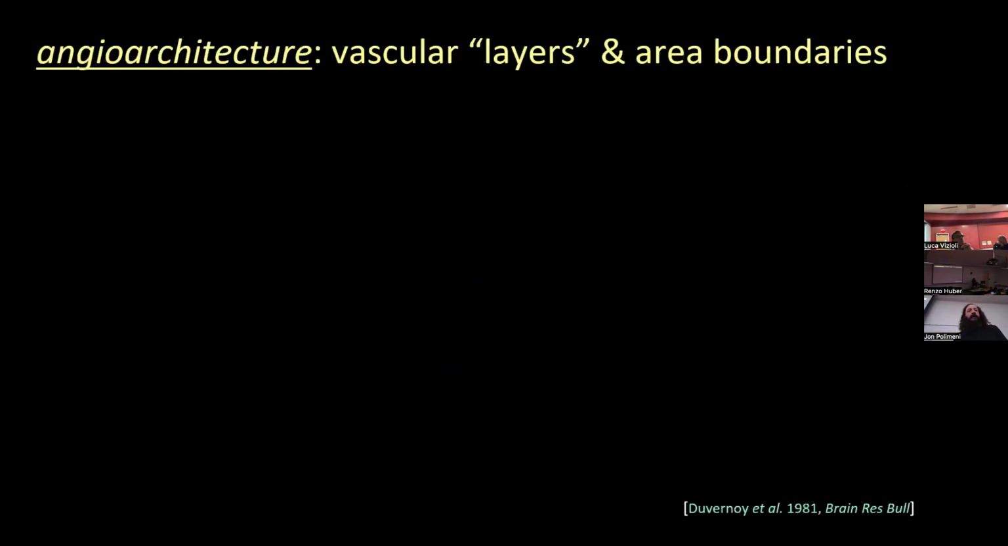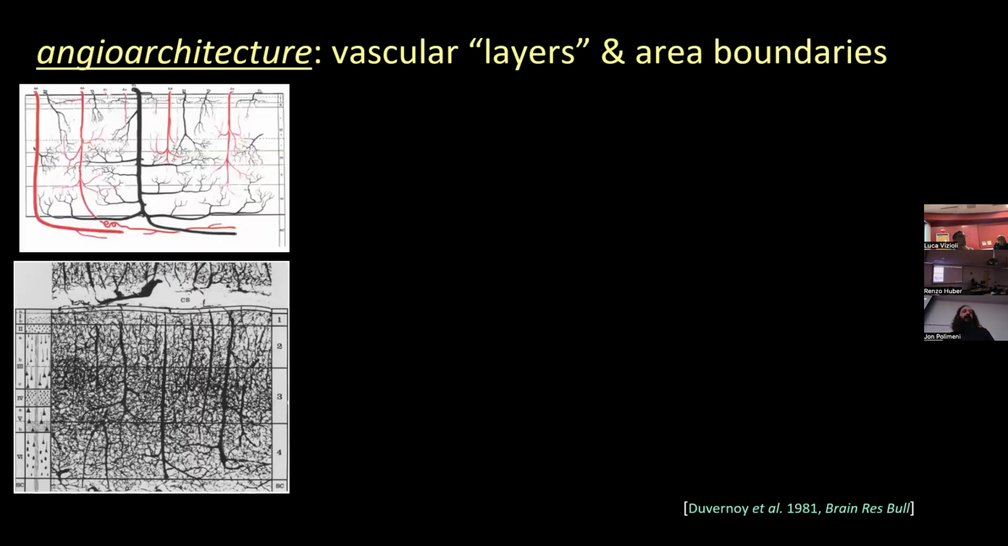Now, what's remarkable is that there's also very distinct angioarchitecture across the cortex that changes a lot across area borders. It has even been proposed that there are different vascular layers. This is seminal work from Henri Duvernoy, who identified 4 vascular layers across the isocortex, including vascular layer 3, a dense band of capillaries